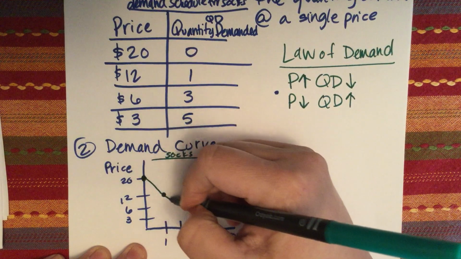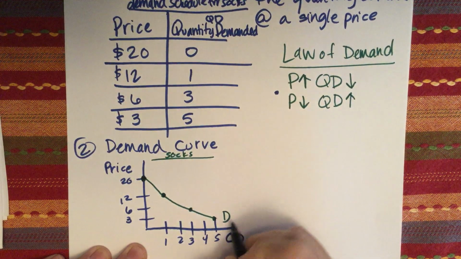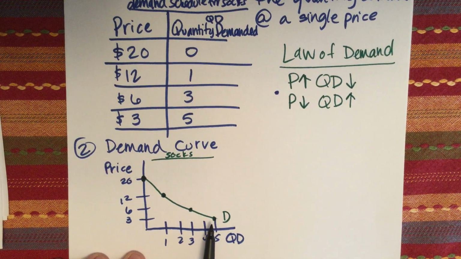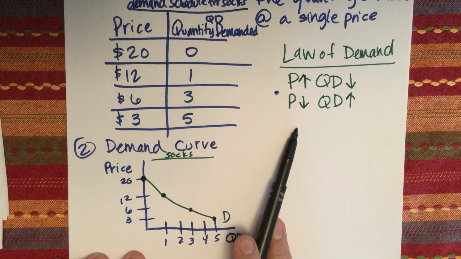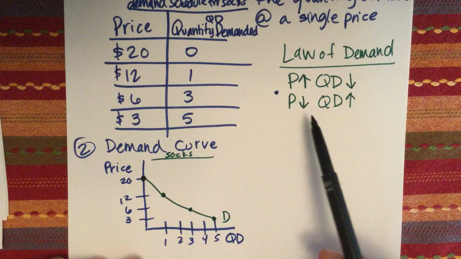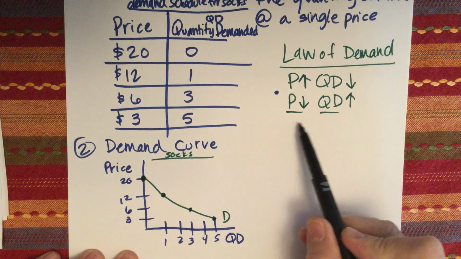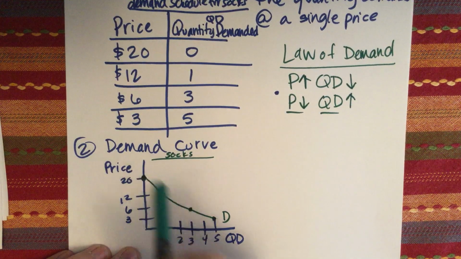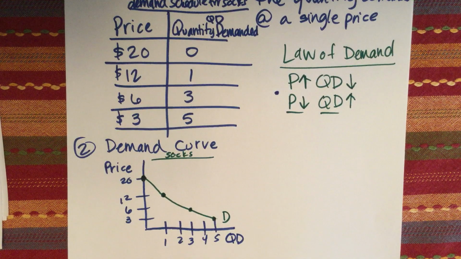So this is your demand curve right here, and we'll label this D so that we can illustrate that this is the demand curve, and it is a downward sloping line for 3 reasons. The first reason is because of the law of demand, where I had said that the two variables of price and quantity have an inverse relationship, and it causes this to be a downward sloping line. Also, it is downward sloping because of diminishing marginal utility, because buying the second and third, fourth, fifth, sixth, seventh pair of socks, or even, let's say, gallons of milk, for example, eventually, no matter how low the price is, you're going to stop buying.